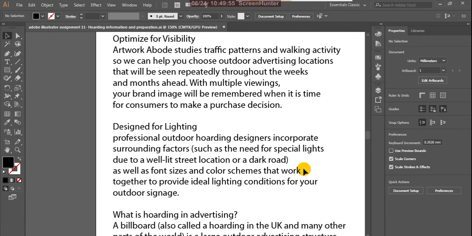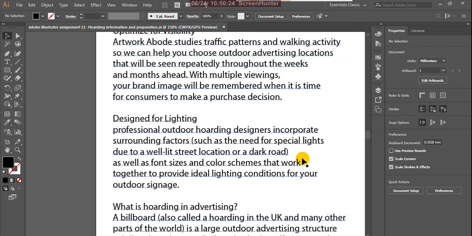Mostly we use fluorescent kinds of colors, yellows and some glowing colors. So in daytime it can glow because of the sunlight, and in the night time also it glows because of the night background. Of course there we set up the artificial special kinds of lights also, but you have to choose the bright colors and some glowing colors. So it helps you to promote your brand.